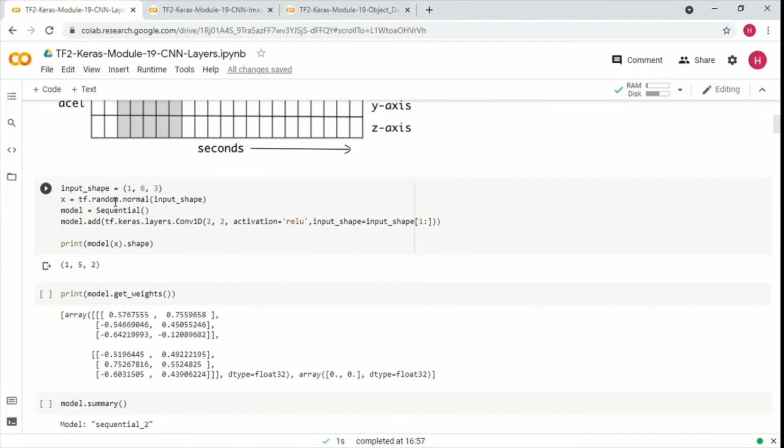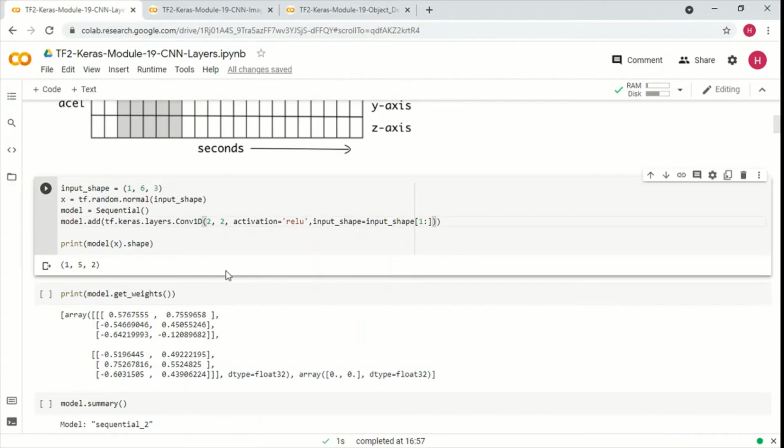And then what we are doing, we are generating an input with this particular shape, and then we create a sequential model, and then we have this convolutional 1D layer. Let me change this to 1 and 1 initially, and then we'll go progressively as to how it works in a different manner. Okay, so we have got this output as 1 comma 6 comma 1, right?